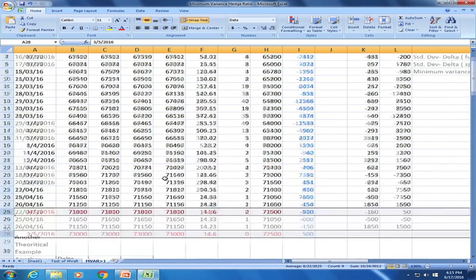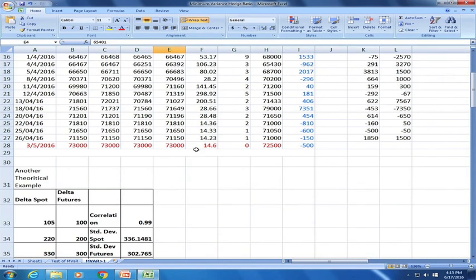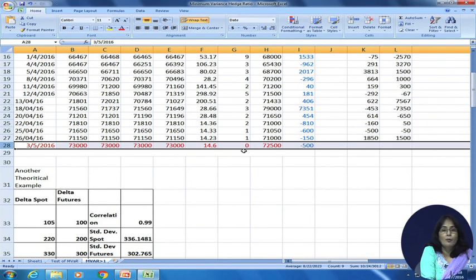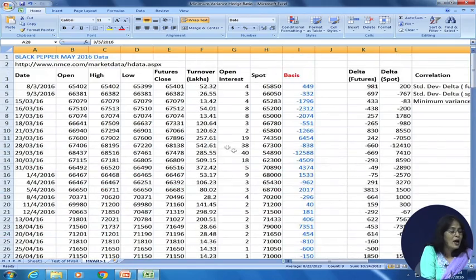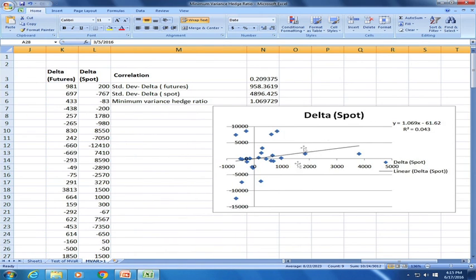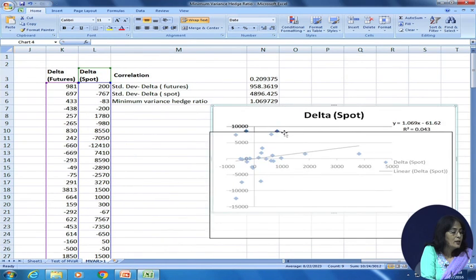So the beginning price combination and the last spot-futures price combination I have kept unchanged, and by changing some of the values, what I have found out is that